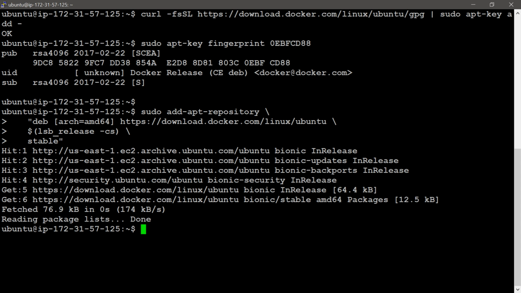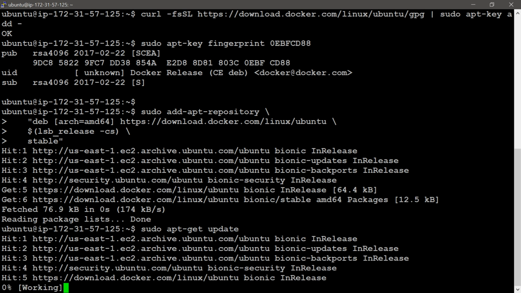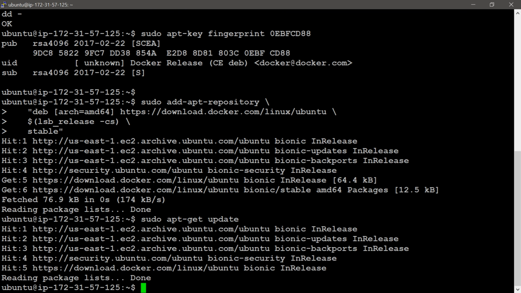Now all packages under the GPG key are added to our apt repository. Once again I will update this apt repository. The command is sudo apt-get update. We are using all these Linux commands starting with sudo because we need to give admin permissions. This is also completed. This command also updated the apt repository.